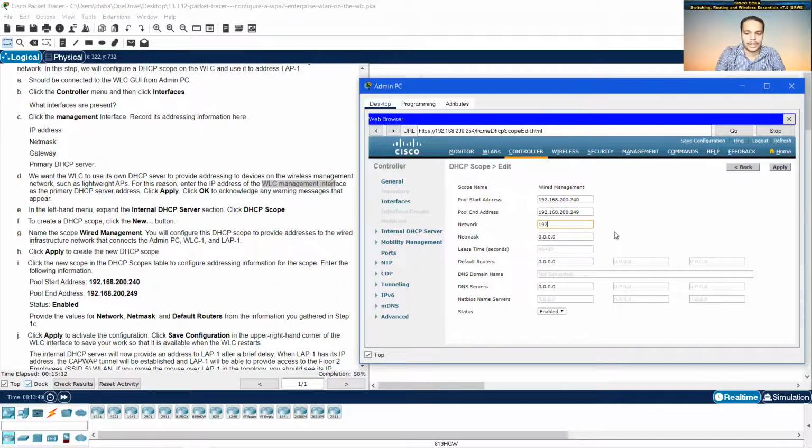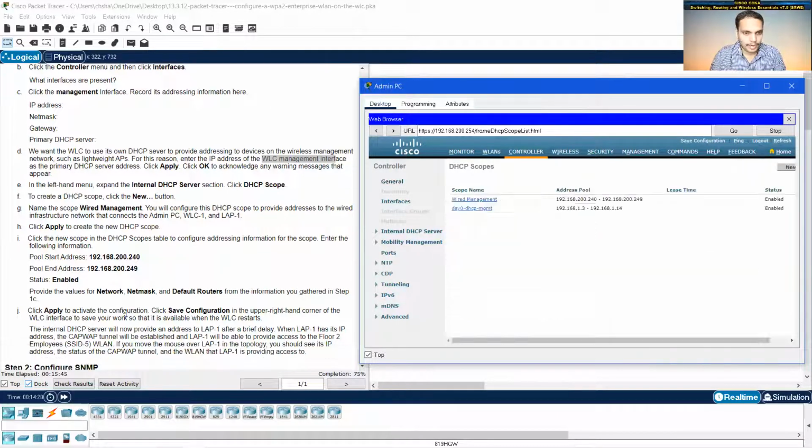So the network is 192.168.200.0. This is the network address, and the subnet mask is 255.255.255.0. And the default router is the same one, 192.168.200.1. I have given it, and then it asks me to click apply.